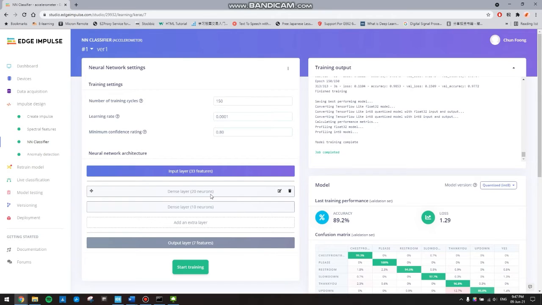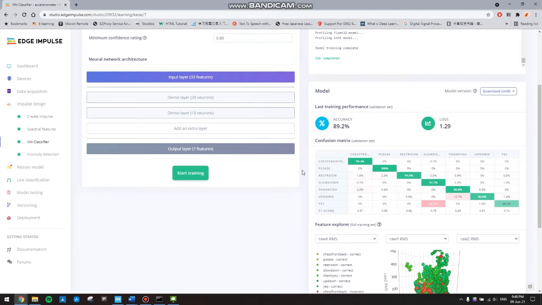Next will be 2 hidden layers. The first hidden layer will consist of 20 neurons, while the second hidden layer will consist of 10 neurons. After that, it will be the output layer which contains 7 classes, which are the actions that we want to recognize. From our project, these are chest front back action, please, restroom, slow down, thank you, up and down,